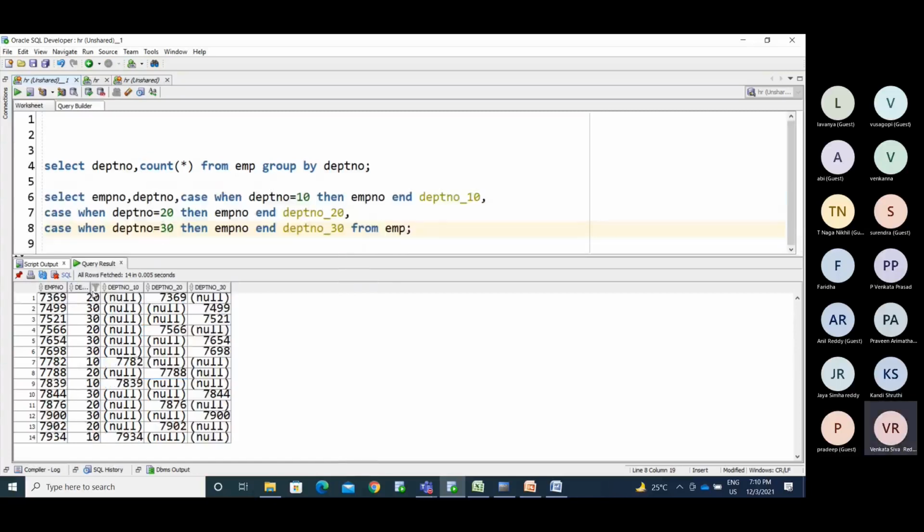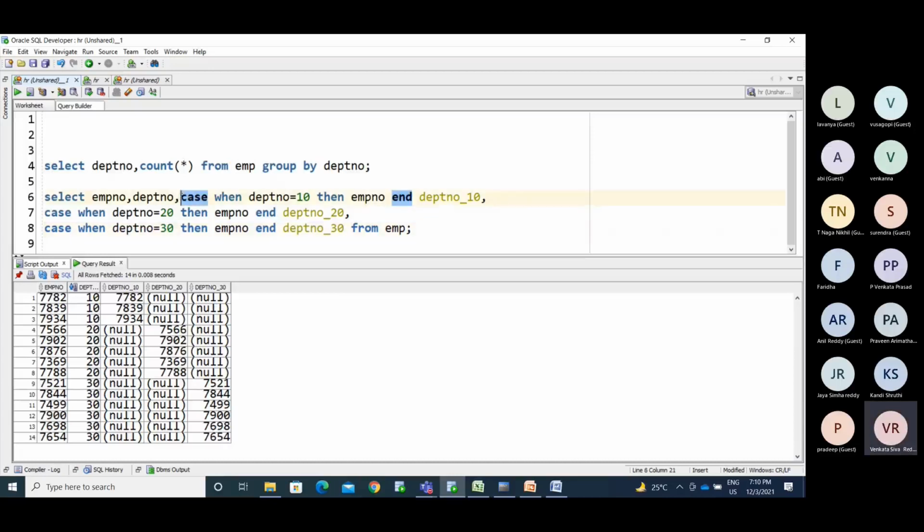Whatever information we have is sorted down: the first records in this, the second 20th in this, 30th in this. So how many records do we have? We need to count this. If we use the count function, count of column name, what will happen? If the column has null values, it ignores the null values and counts the number of values.